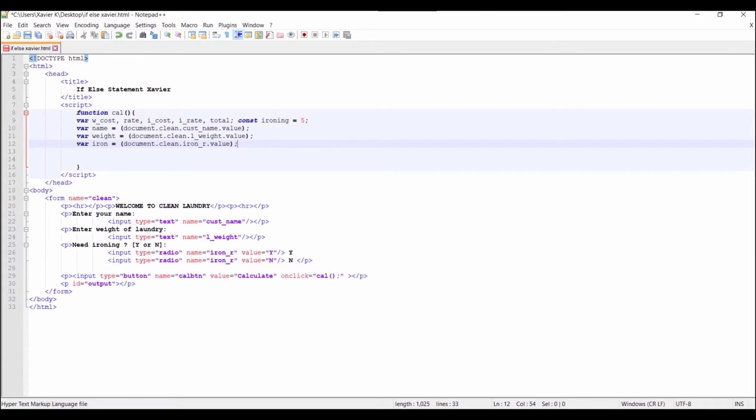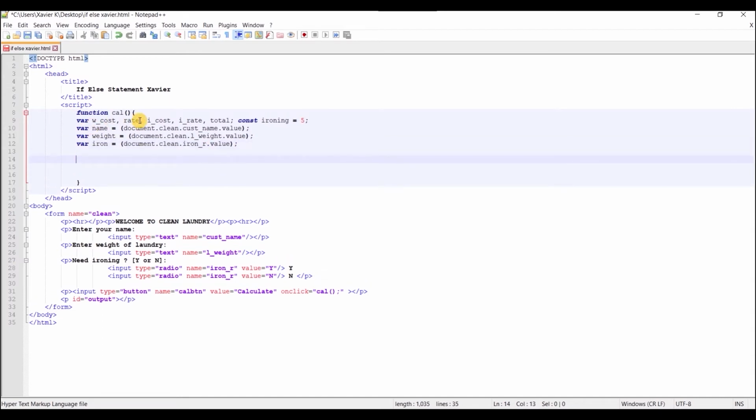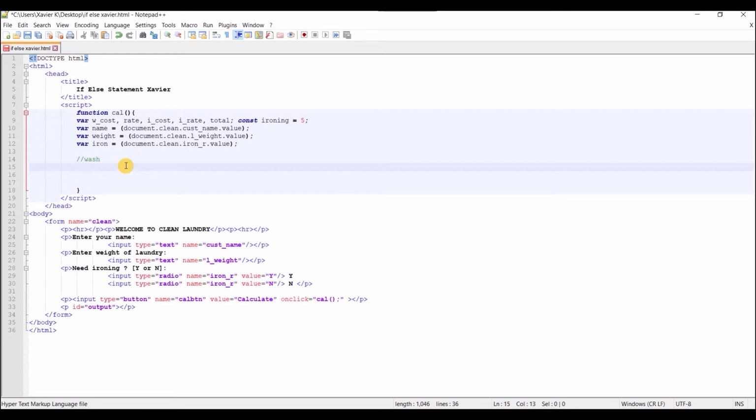Alright, so this is all the variable calls that we will be needing. Now we will get into the if-else statements of the program. Firstly, what I would normally like to do is add a comment so that I will know what I'm doing. For this one, I will be doing the washing first. Let's put wash, and then I will put if weight is less than or equal to 5,